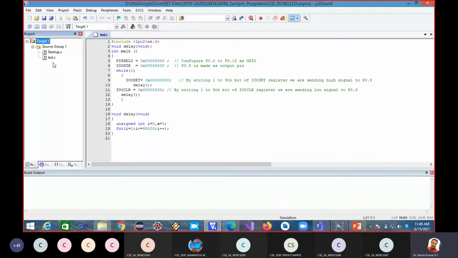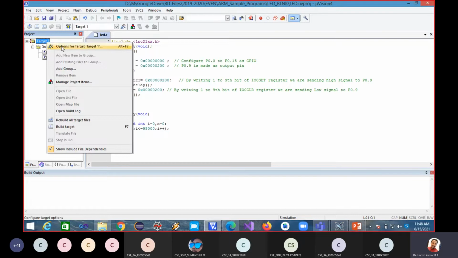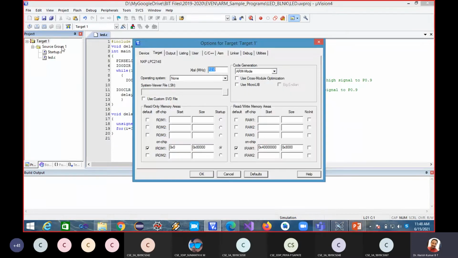Now it got added. There are two things here now: one is startup.s and the other is led.c, my C program. Now here again you have to right click on the target, because I want the hex code to be generated. Now I am right clicking on this. I click on options for target 1. Now here please take observation and make a note of these things.